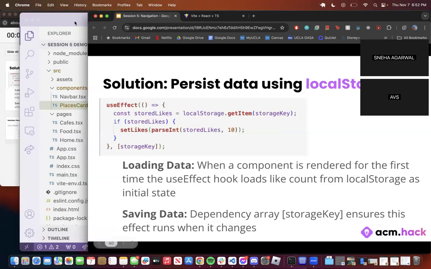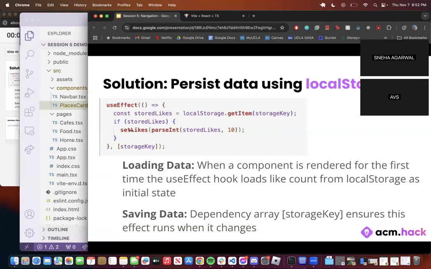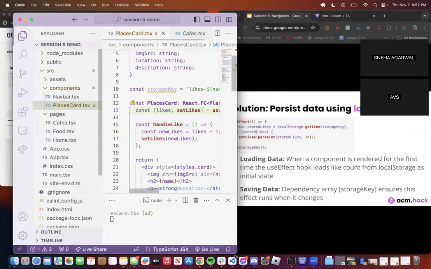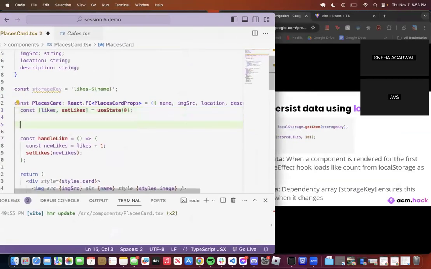Okay, so I'm just going to write down this code for useEffect here real quick. Okay, my window is not big enough, but